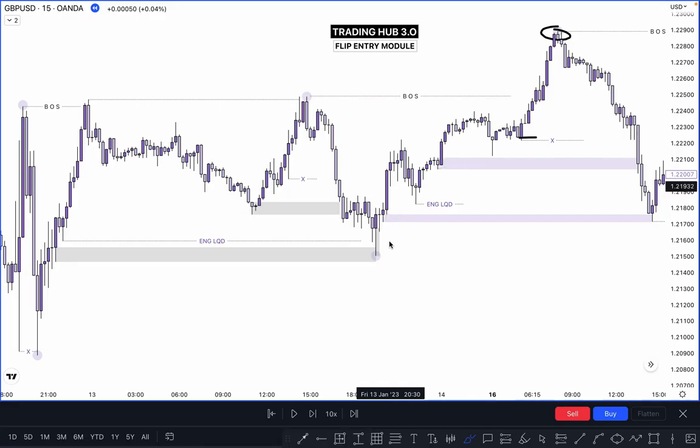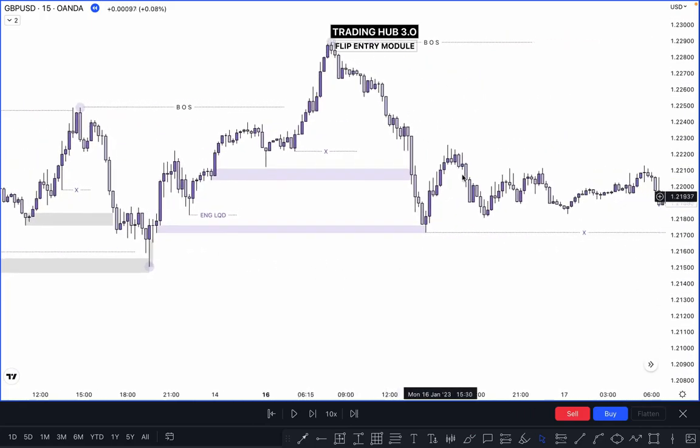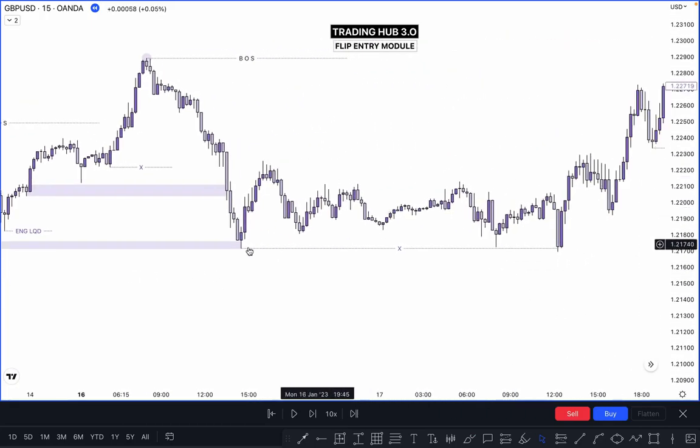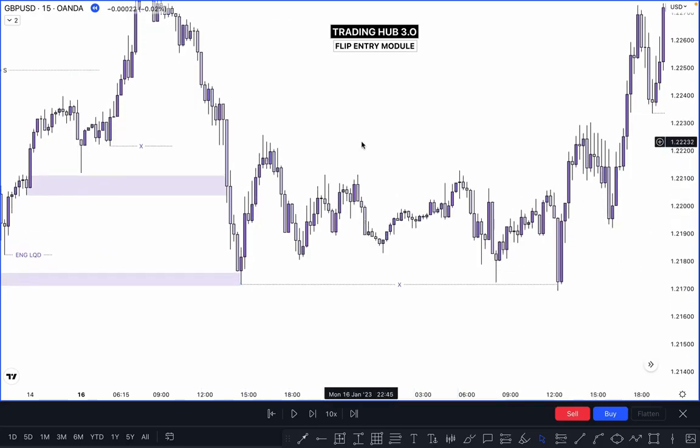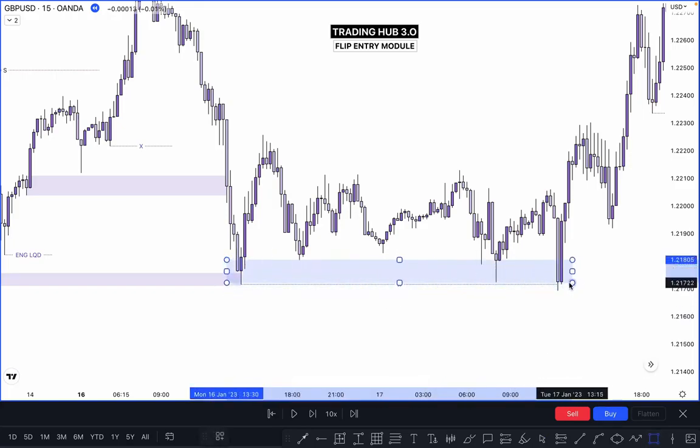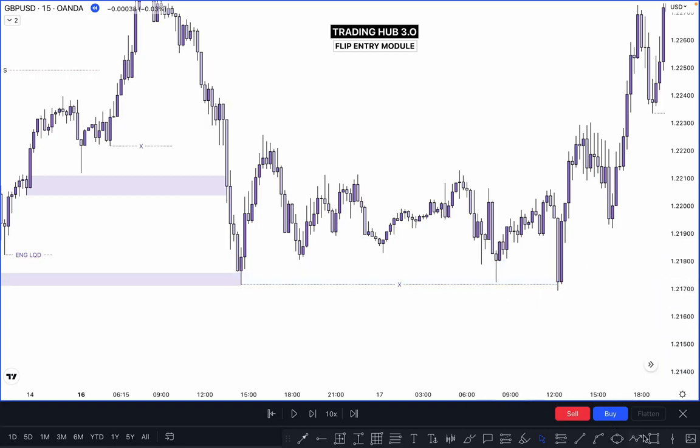Okay, so after taking out the engineered liquidity and tapping on the extreme unmitigated shadow here, market gives a small reaction and again market sweeps this low, right? Why? Because market needs more liquidity, and this one also creates SNR liquidity at this time. You can say supply and demand type of liquidity is also created here. Market takes out the liquidity and definitely we can buy here as per the single candle order block, because